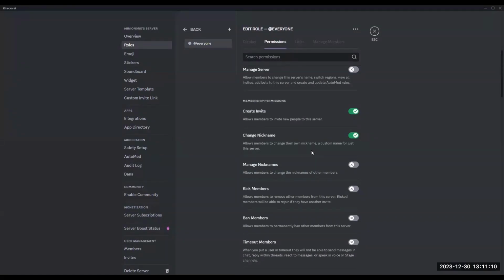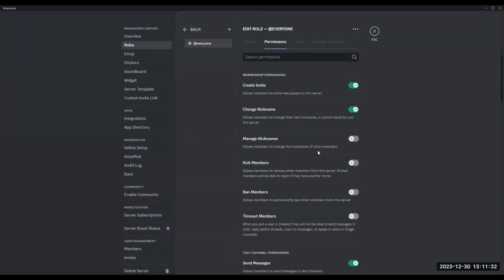Changing nicknames. This can be an everybody thing or a specific user. Depends on just how ornery people get about their nicknames and how offensive it does get. Managing nicknames is the other way around. Lets a person manage nicknames of other people. It's mainly an admin thing for, as previously mentioned, like offensive nicknames,